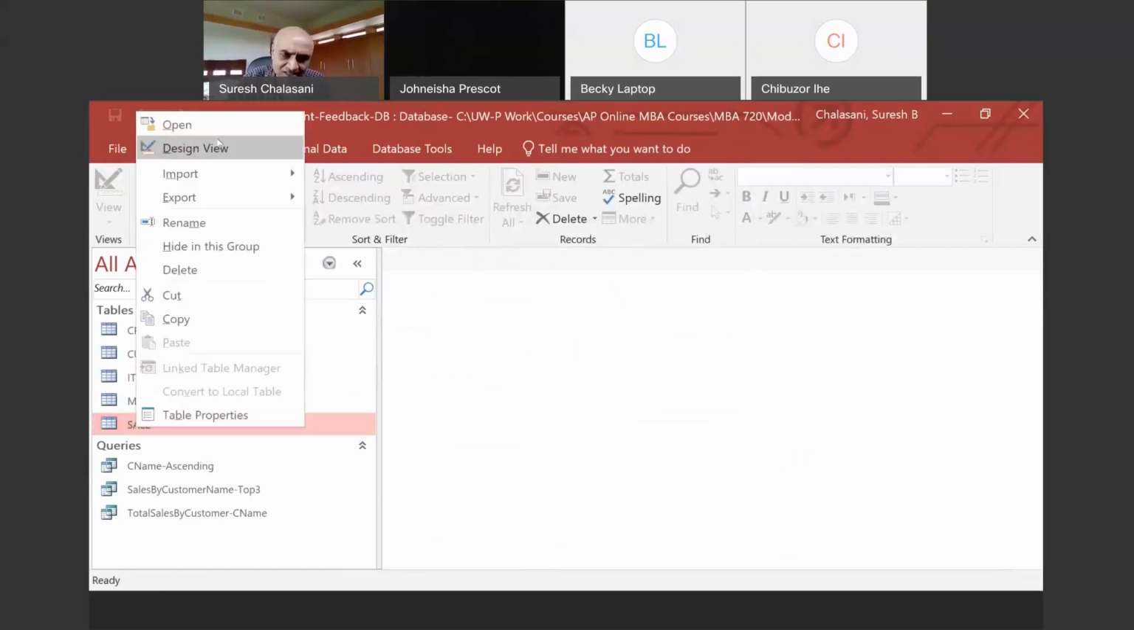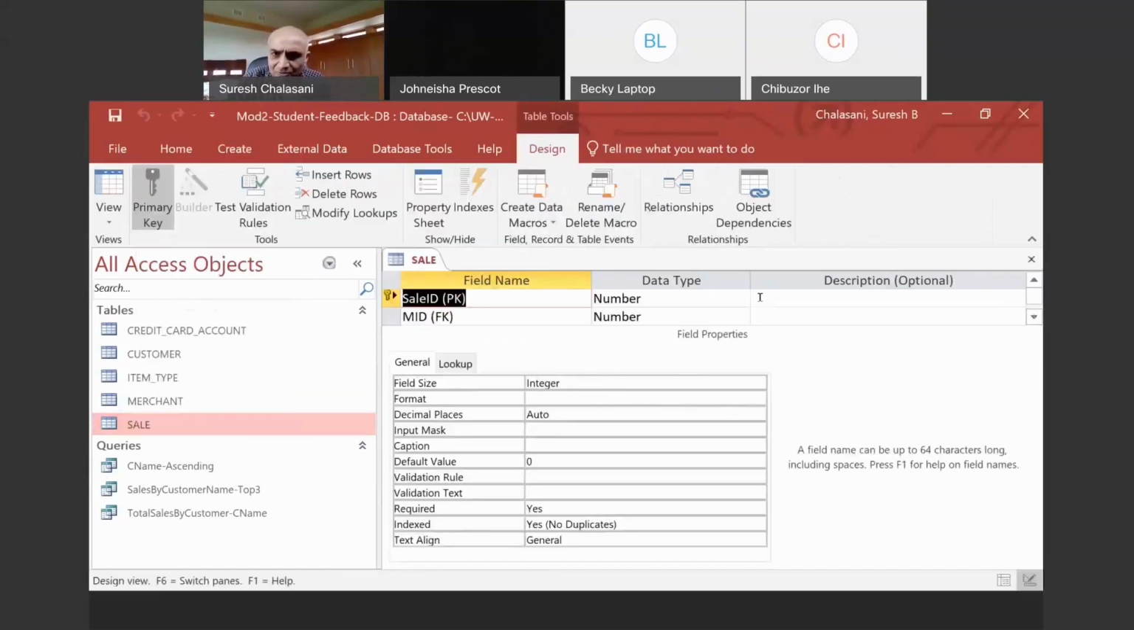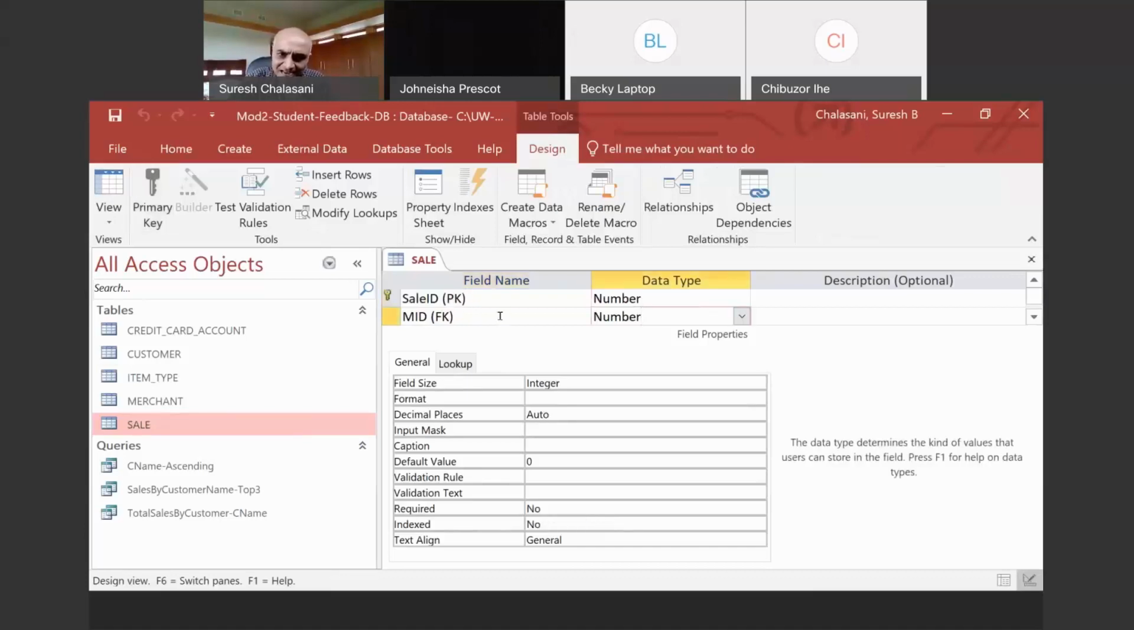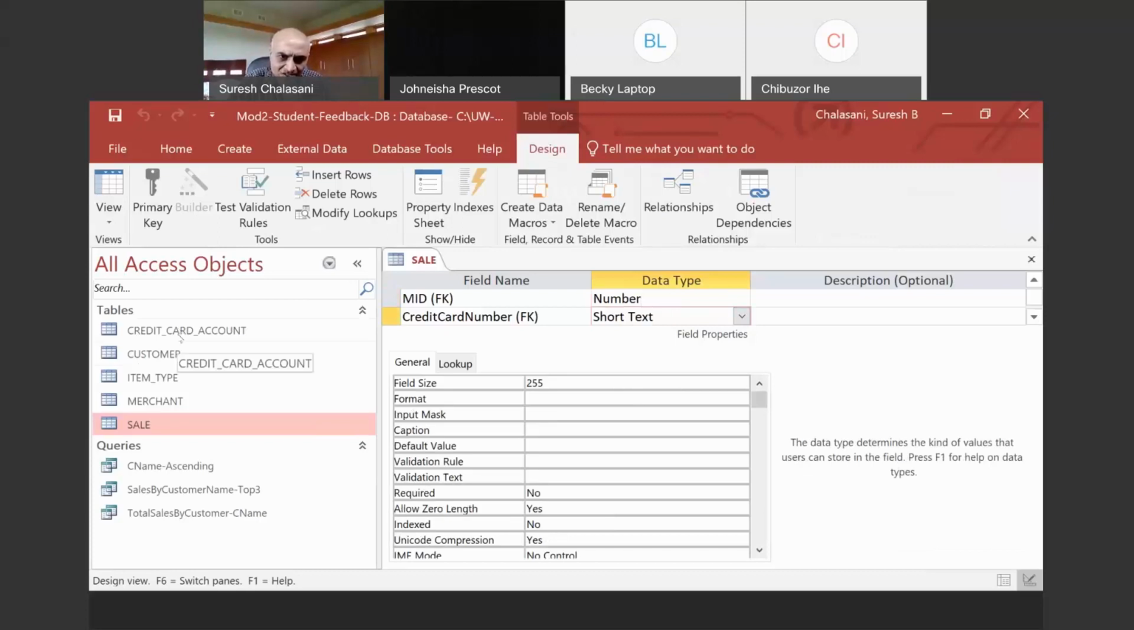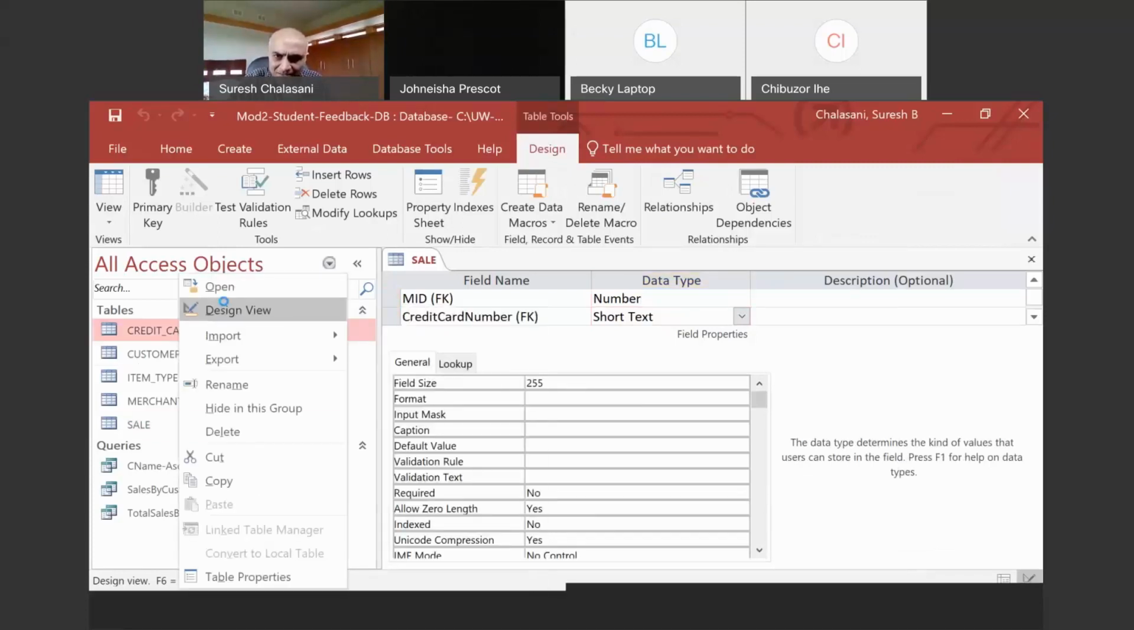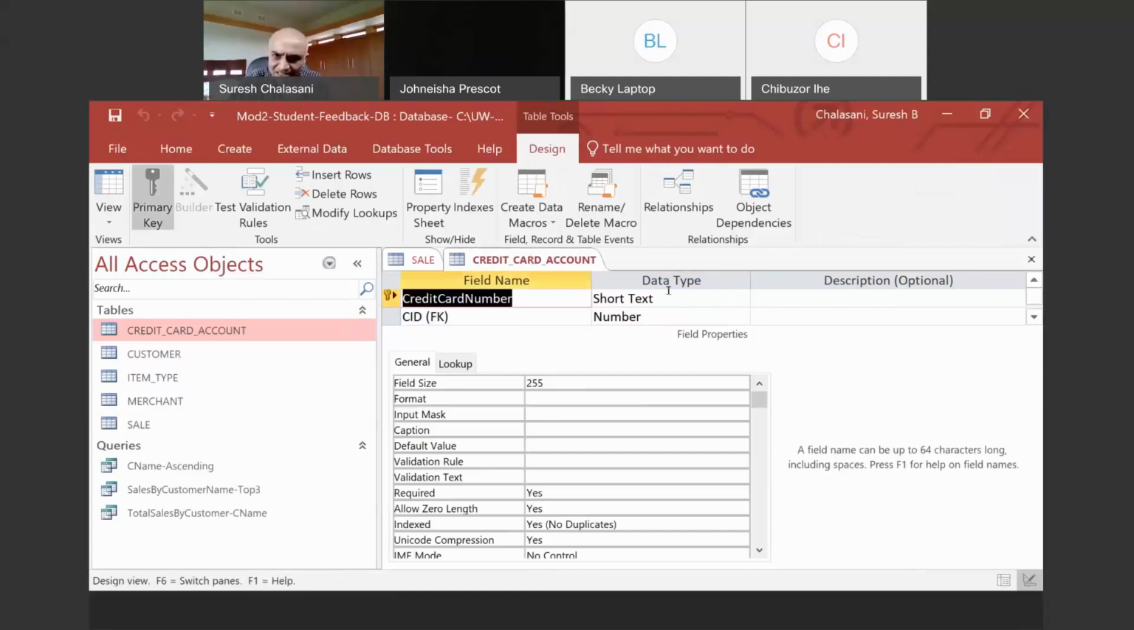The key thing is that, let me close these two. When you come to the sale table, it is feeding off of everything else. It uses the merchant ID as a foreign key. So MID needs to be exactly how we defined it in the merchant table. Here, MID is number, integer, that's how we defined it in the merchant table. Credit card number is short text. The other thing that I want to point out is that when you build the credit card number as short text in